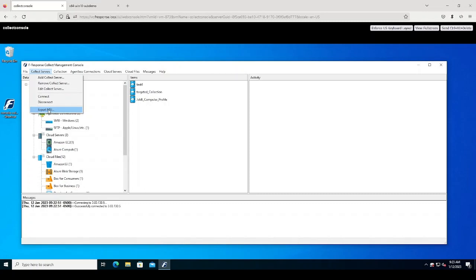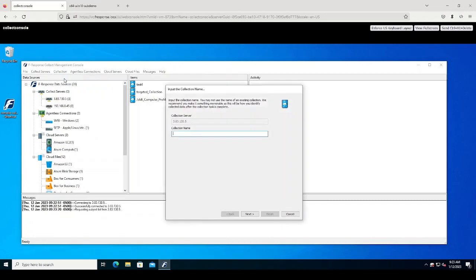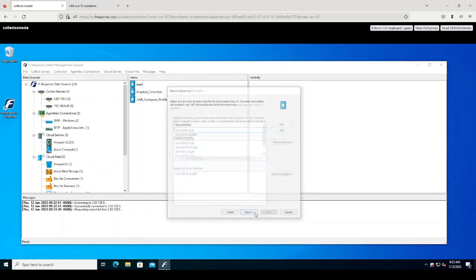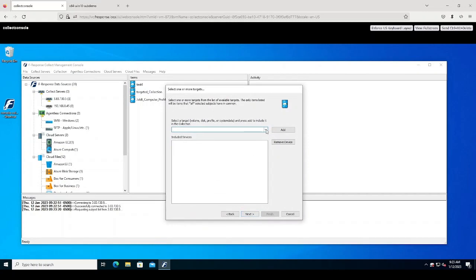Creating a collection allows us to select one or more machines and then to select one or more targets that those machines have in common. The remote machines will push their data to the collect server over virtually any distance using standard internet protocols. So let's create a collection here. We'll call this collection Test 5, and we'll select a subject. The subject that we select will have a list of targets accessible to it, and that list will appear here